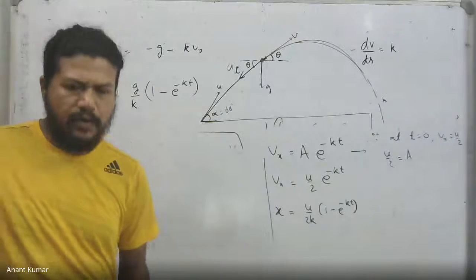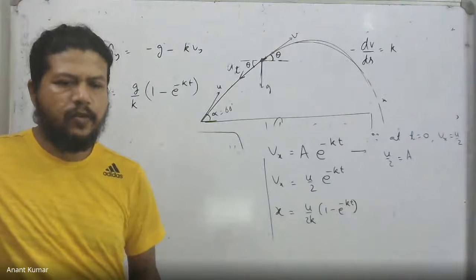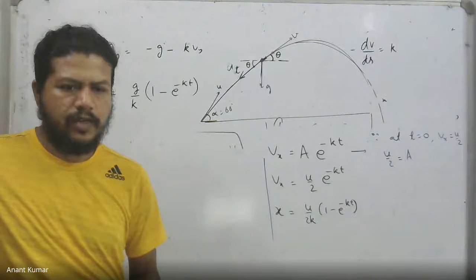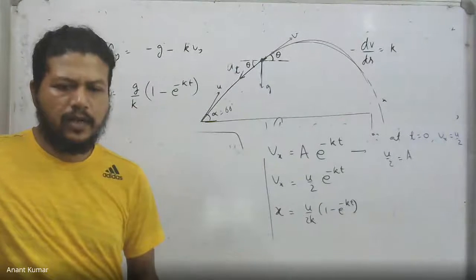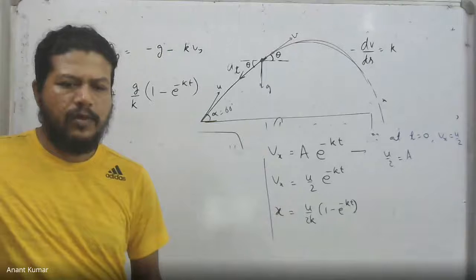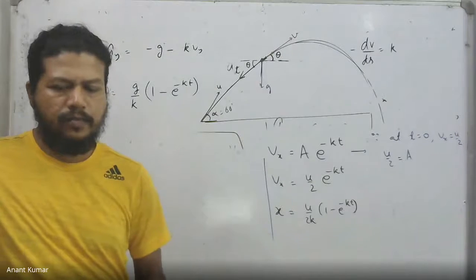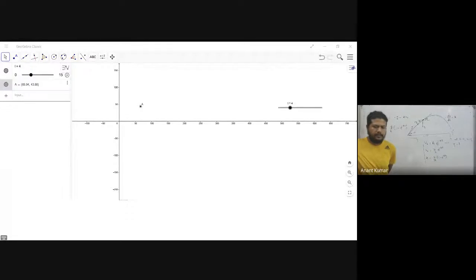It turns out that if I just plot the path for this particular question, let me share the screen so you can see how exactly the path looks, by the way. It is a path which looks very close to a parabola initially, but later on it no longer remains a parabola actually. So let me just share the screen. Can you see the screen, by the way? I have shared GeoGebra.